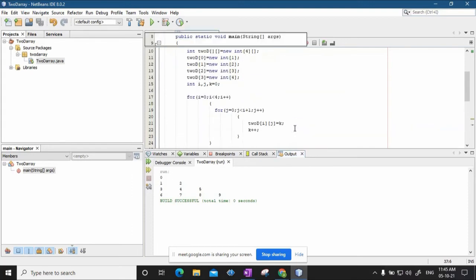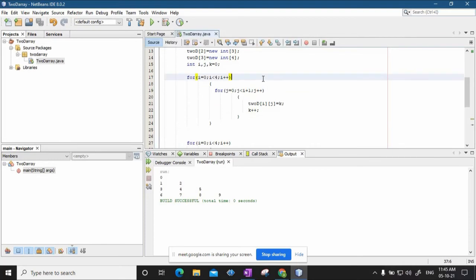Now one small thing that you need to check here: why did I write i plus 1? See, initially i is 0 and j is also 0. I am talking about the 0 comma 0 location. Then it checks, is 0 less than 0 plus 1? Yes, 0 is less than 1.